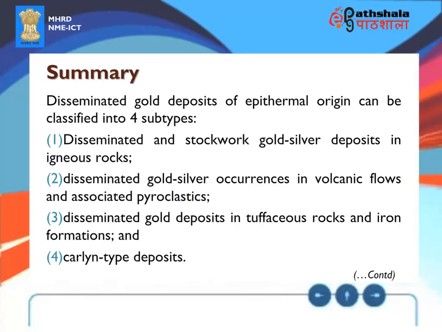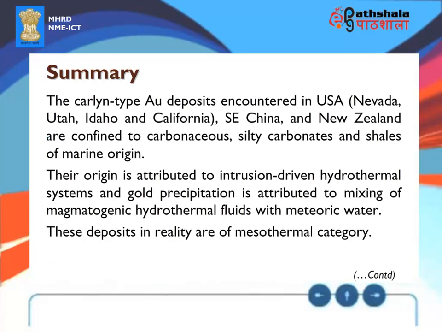Disseminated gold deposits in tufaceous rocks and iron formations. And 4. Carlin-type deposits. The Carlin-type gold deposits encountered in USA, Southeast China, and New Zealand are confined to carbonaceous,